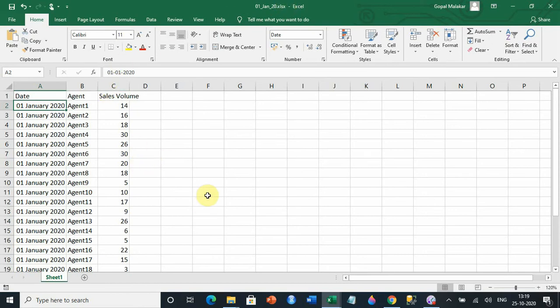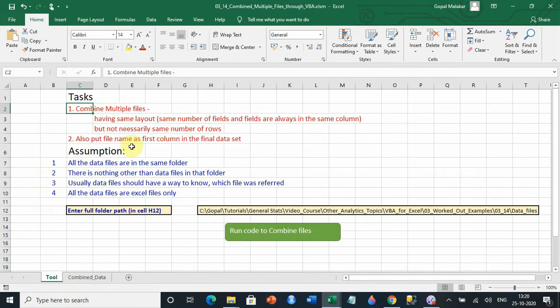But there are times when you would like to have the file name, because you might have South Zone and North Zone files, and inside there is nothing that says which zone's data it is. So essentially you want the file name to become the first column. Also, sometimes the date creates a lot of problems when you move it from one place to another, and that's why it is always better to have the file name as the first column. That's the second requirement: the file name should be the first column in the data set.